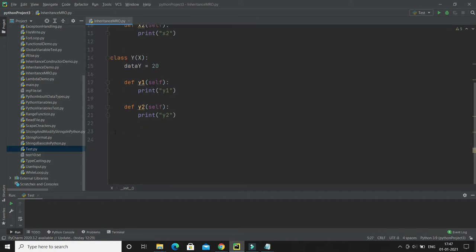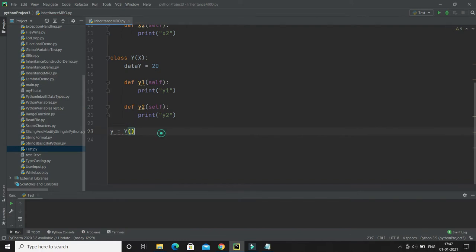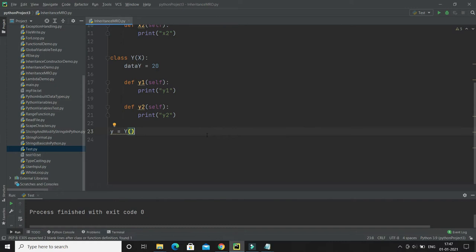Now I'm going to create an object of the subclass, which is Y in this case, and if I run this class, as you know, when you create an object of any class, then a constructor gets called from that class. But in the subclass we don't have any constructor, right? Then let's see what happens if I run it. Let me run it explicitly.